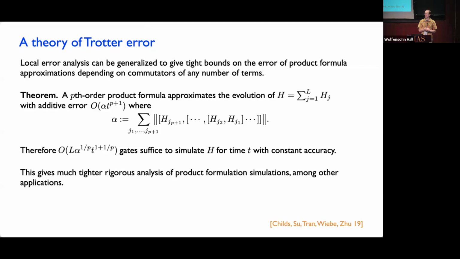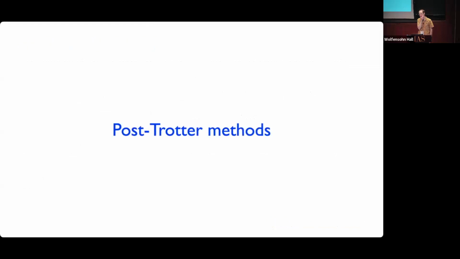Okay, good. Other questions? All right, great. So next I want to talk a bit about some of these post-Trotter methods. And I know that Ewan, in her talk, introduced some of these ideas related to quantum signal processing. But what I would like to do is at least describe some of the ideas that led up to this concept of quantum signal processing, which I think will provide a bit more context for where some of these methods came from, what it is that they achieve, and also some of the technical ideas that go into them.